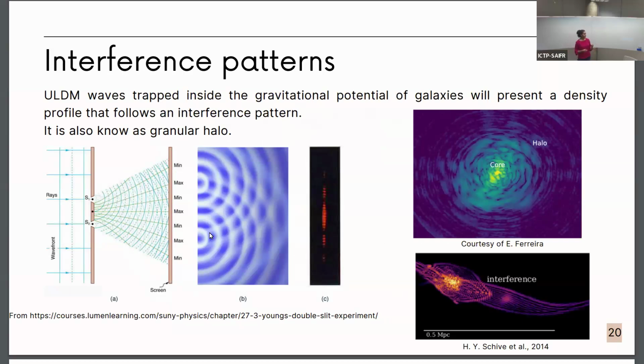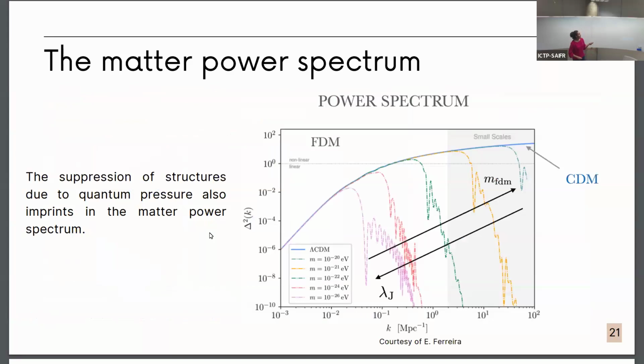Beyond this, we also have that these ultralight dark matter waves trapped inside the galaxy will interfere. So they will distribute with an interference pattern inside galaxies. We can call this a granular halo, in opposition to a smooth halo that forms in CDM. And the most important thing for my project now is that this suppression of structures will imprint in the